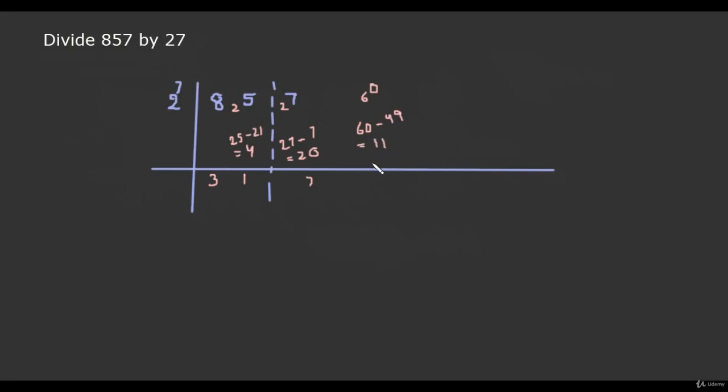Now 2 can divide 11 5 times, but in that case 1 is the remainder. And from 10 it is not possible for us to subtract the product of 7 and 5, 35. So 2 cannot divide 11 5 times. So 2 divides 11 4 times, 8. That means 3 is the remainder. From 30 we can subtract the product of 7 and 4, that is 28. So 2 is left.